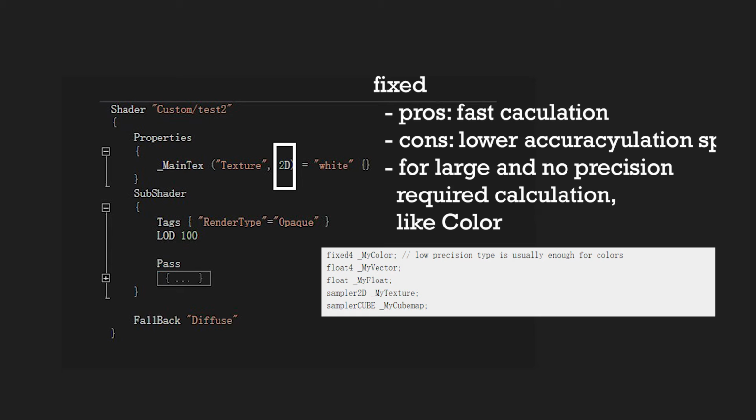However, when a large number of calculations need to be done quickly, such as color, but the requirements for its single pixel calculation result are not high, fixed point numbers are more useful than floating point numbers.